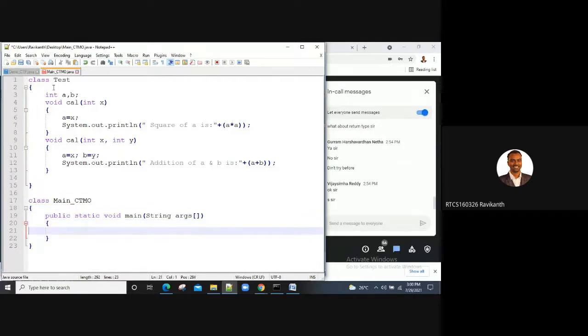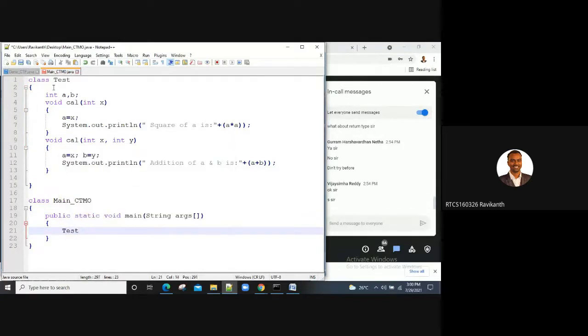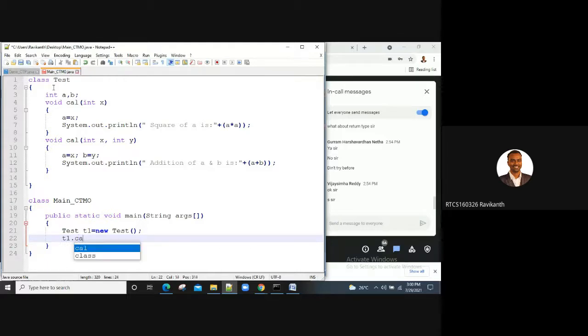So here what I have to do is create an object. Test t1 equal to new Test. Then t1.cal of 25 comma 35.